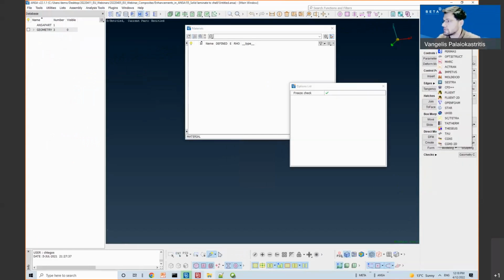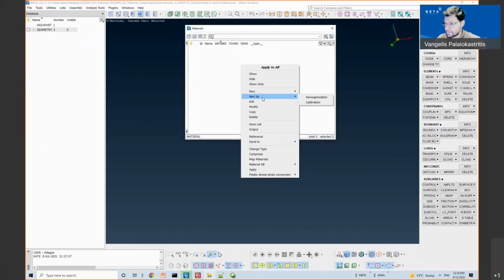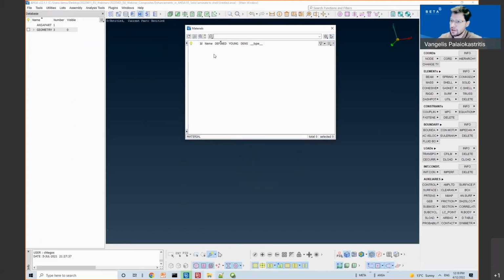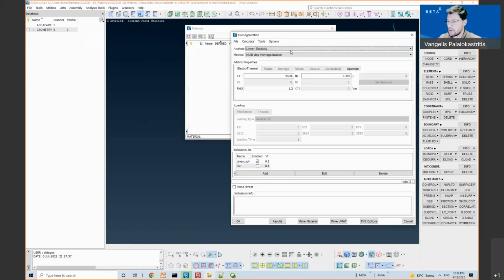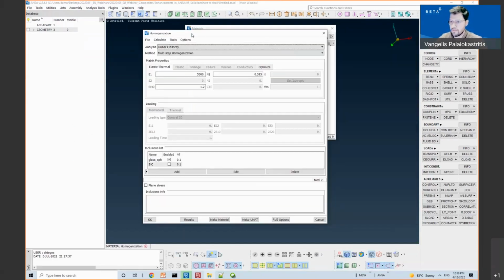So let me switch to Abaqus deck. Okay. The homogenization tool is accessible from the materials list by the context menu, new by homogenization. So this is the overview of the homogenization tool.